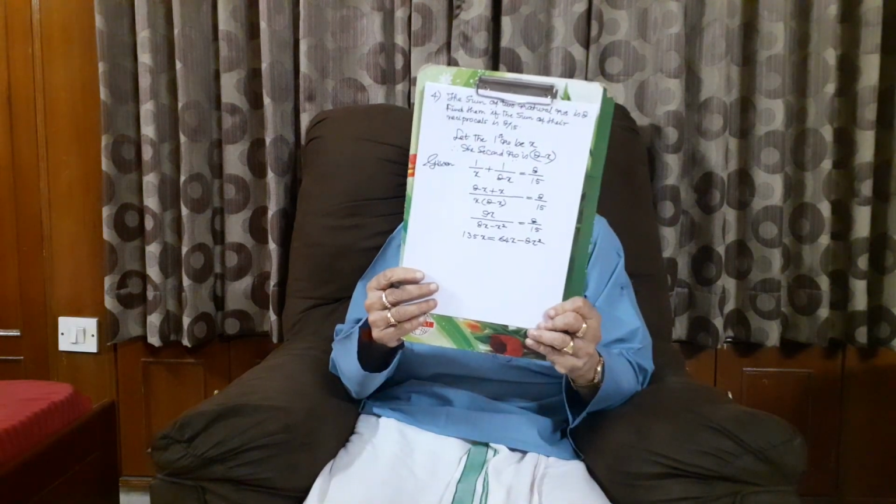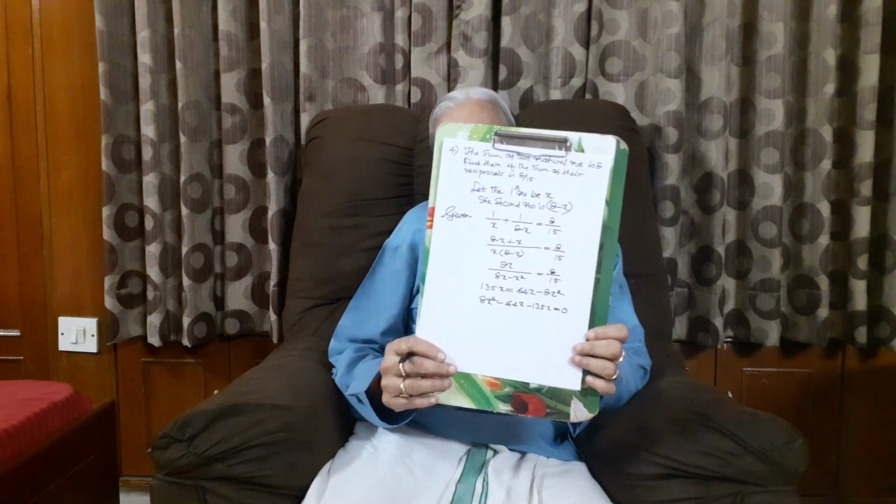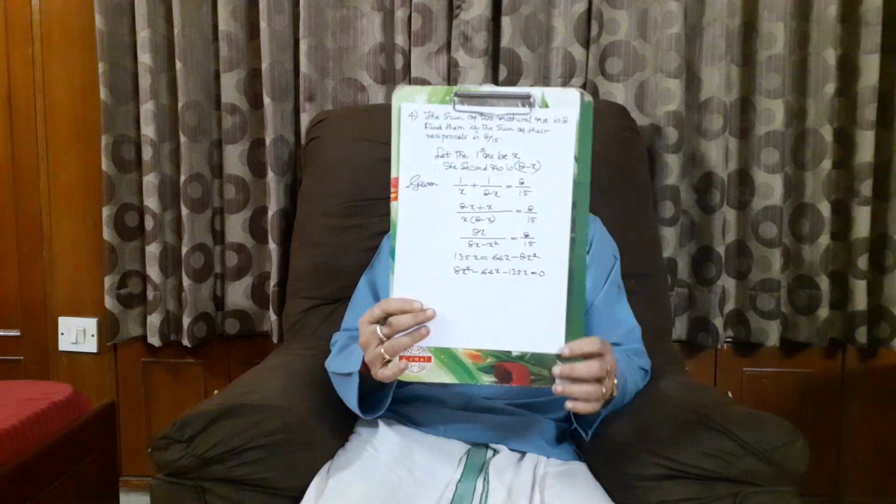minus 8x squared. And then bring it to the standard form. Minus 8x squared becomes 8x squared. Then plus 64x will become minus 64x. Then minus 135x, equals 0. See now here, the constant did not come. 15 into 9 is 135, I have put. 8 into 8x is how much? 64x. 8 into minus 8x squared. Simplified further, 8x squared